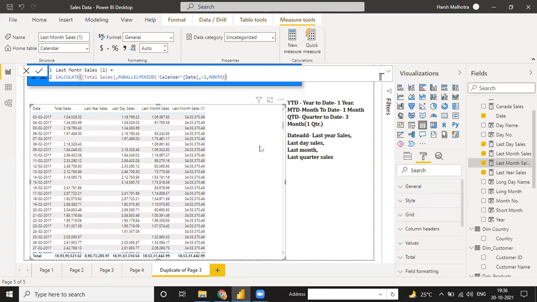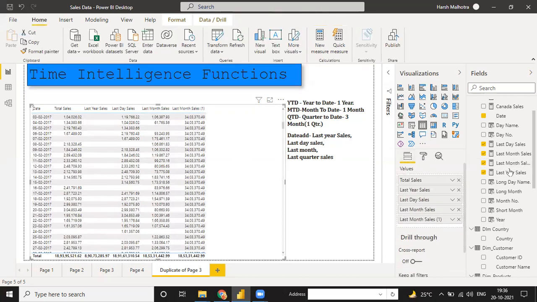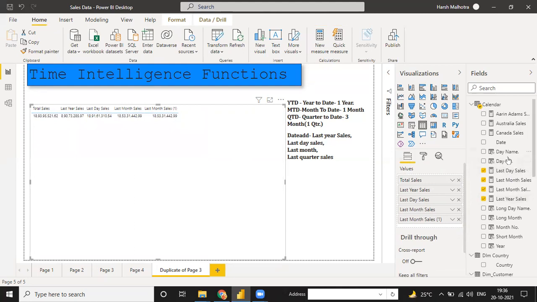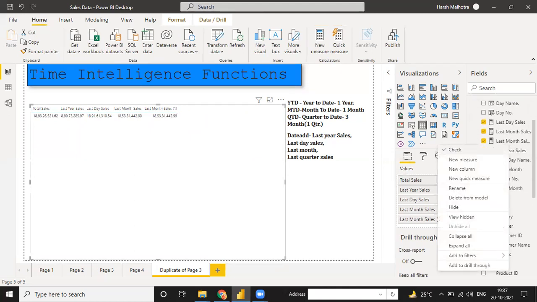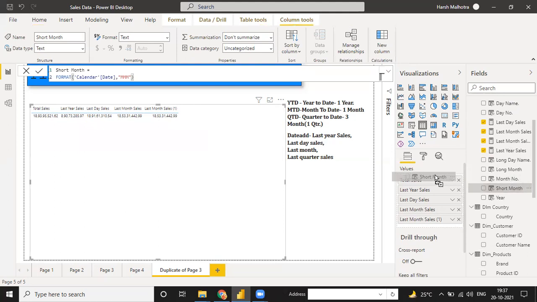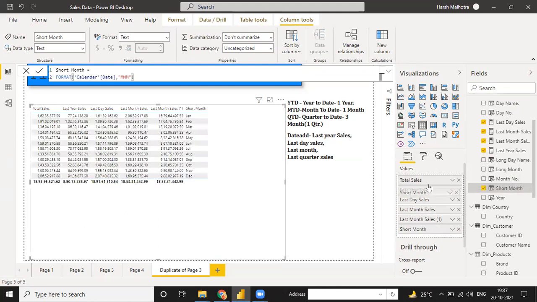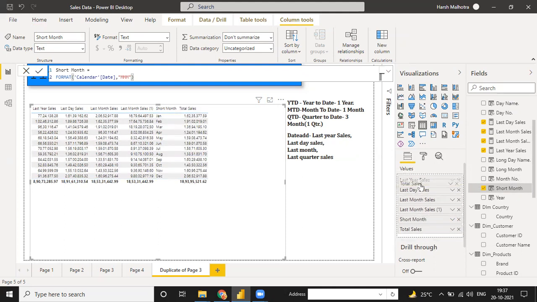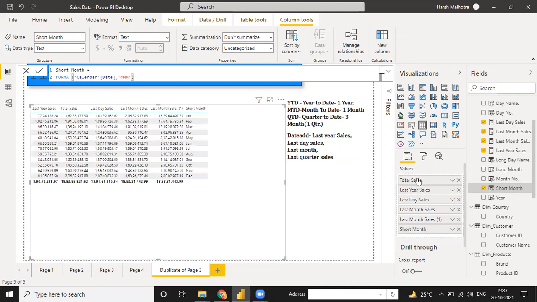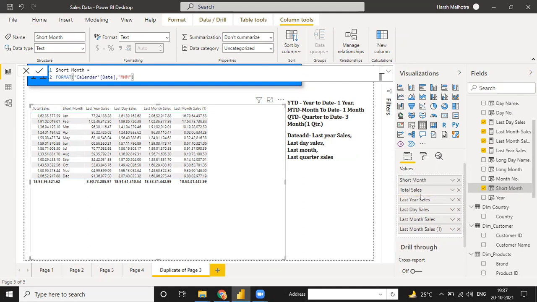If I select this function, select this table, go to this, instead of date, if I select only month, where is month? Short month. And if I select that, see, in Jan, this is your last month sale, this is your last month.